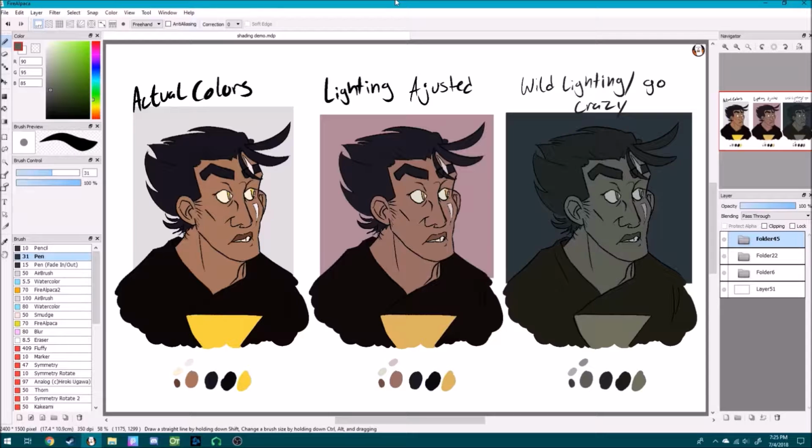So first, that's the first point, is color choice. You always want your color choice to be based on actual colors. First you gotta know what color whatever you're drawing is, and then you can change it based on lighting and just what you want the piece to look like. So, the one on the far left, I just did what the actual colors are. And then the middle one, I just tilted it all towards red or purplish, I guess. And then on the far right,